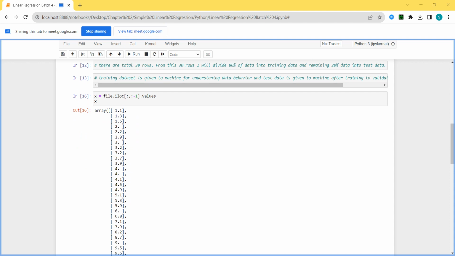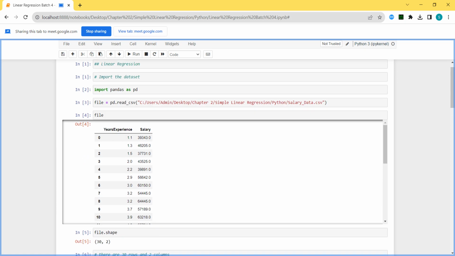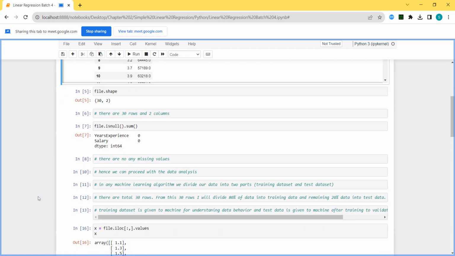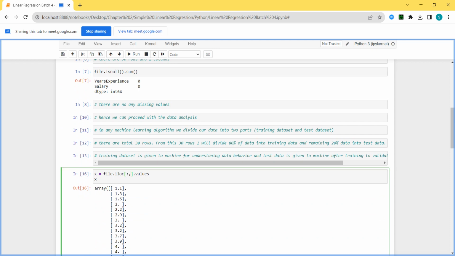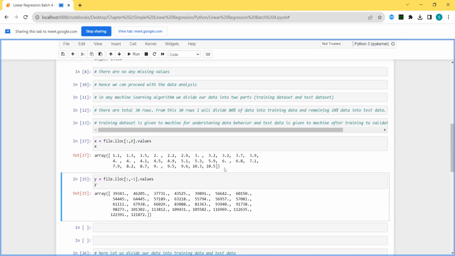Automatically, years of experience is stored in X. At the same time, I have avoided the step of reshape. Carefully listen. I will explain one more time. Whatever I have written over here, I have written a colon. I want to store the years of experience, 1.1. Same thing will be stored. But instead of this, we have seen, sir, where is the year of experience stored? In the zeroth column. I can simply write here 0, and my year of experience will be ready. But it is in the horizontal format.